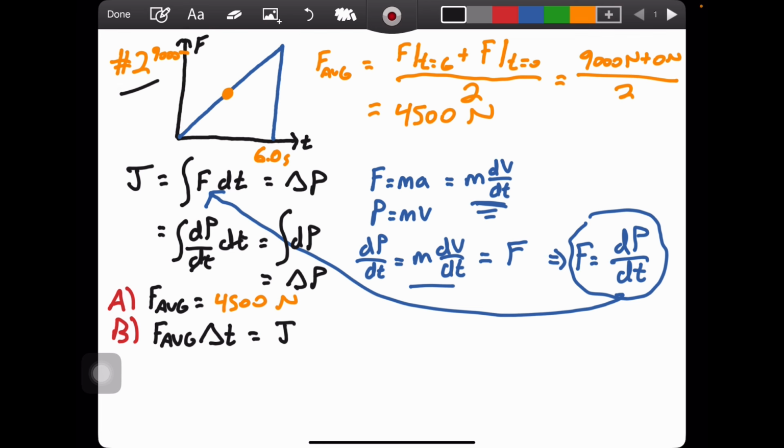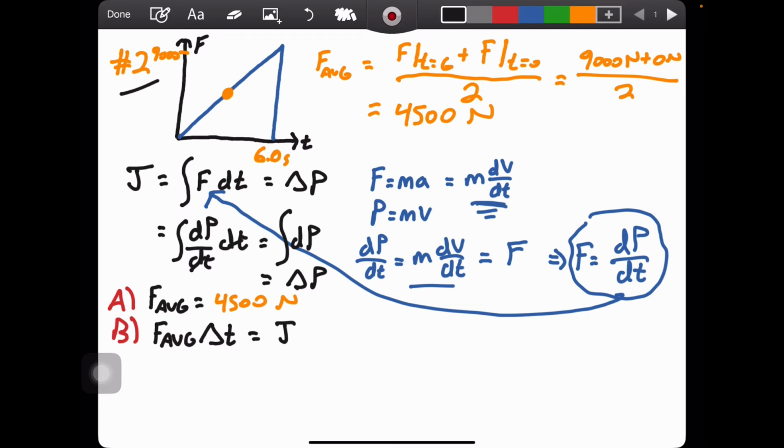Another way you can think about this is if you have a force versus time plot. When you have a plot of something on your y-axis versus something on your x-axis, it turns out that the area under the curve is the integral over the entire time of interest. Let me show this to you. So you can imagine if you have force on your y-axis and time on your x-axis. Let's say that I drew a little